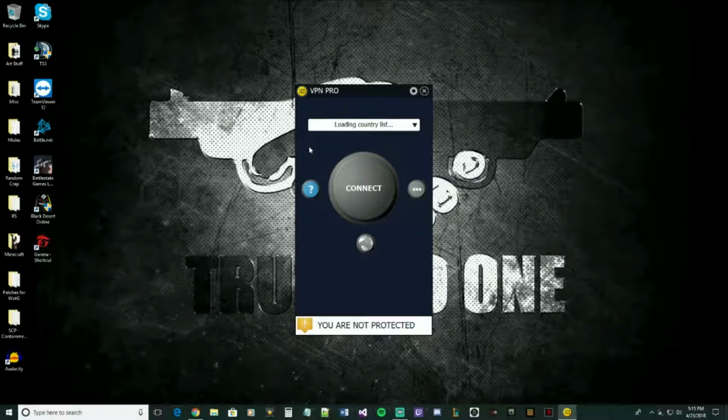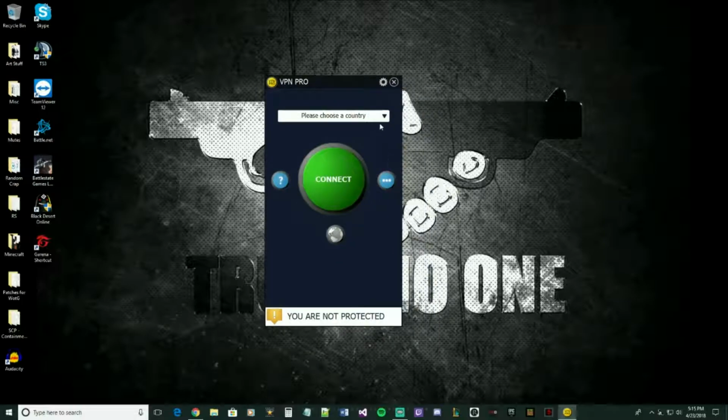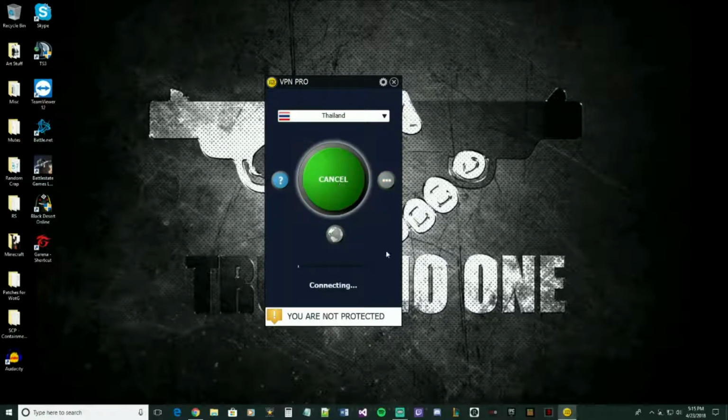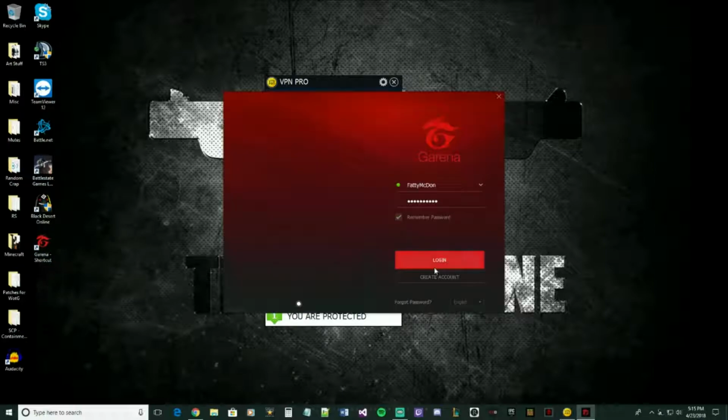Once it's up, wait for it to connect. All right, once it's up, you're going to choose your country, scroll down until you find Thailand, click on that and click connect. It might take a moment to fully connect. Once it's fully connected, it will say you are protected, so it means it's protecting your IP address. All right, now that we are fully connected, we're going to reopen the shortcut for the Garena client and log back in,